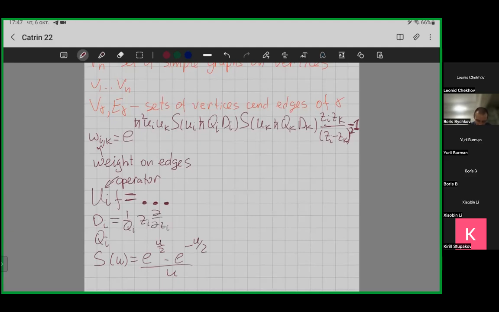Z, and Q is some, so maybe Q is this guy, so it depends on psi, you see, and y and z, so all these guys from the beginning live here,